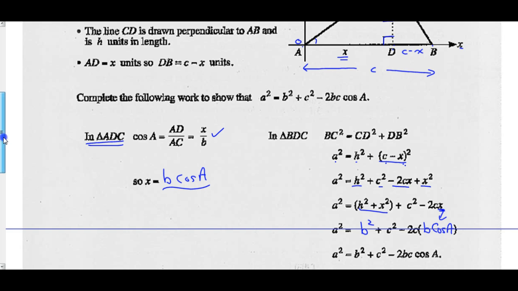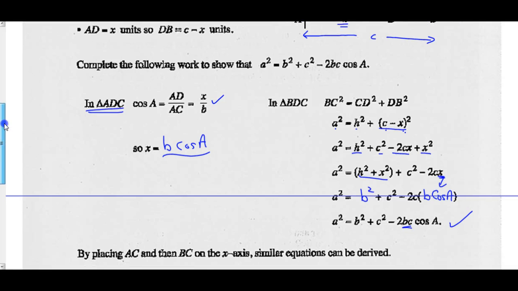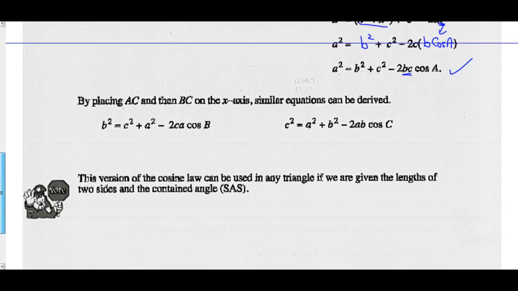So if I now look at what we've got written, a squared equals b squared plus c squared minus 2c times b, which is the same as bc, times the cosine of a. So we've just proven that formula. Now by placing AC and then BC on the x-axis, similar equations can be derived. These are the exact same law. These are all cosine law